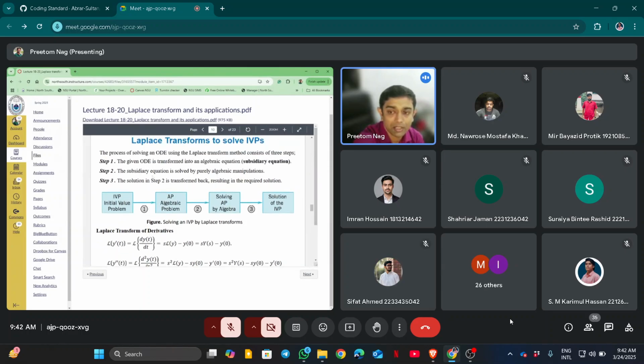The steps say that the given ODE is transformed into an algebraic equation using the Laplace transformation, then the equation will be solved purely for Y(s), and after that we apply the inverse Laplace transformation to get the solution y. Okay,